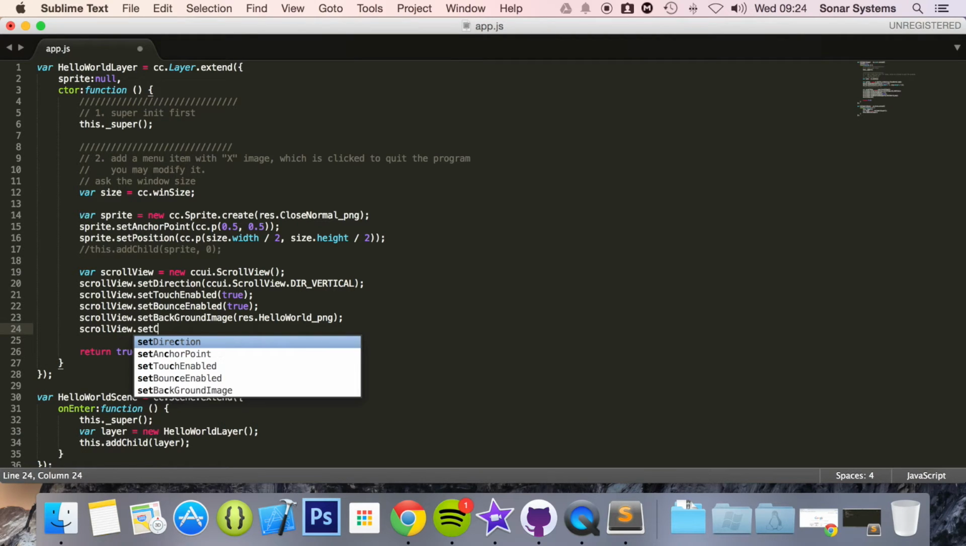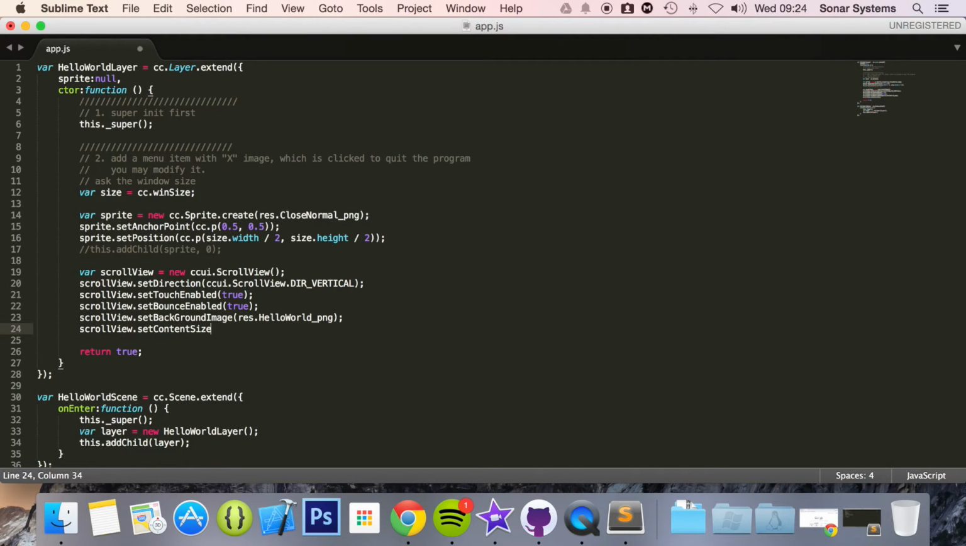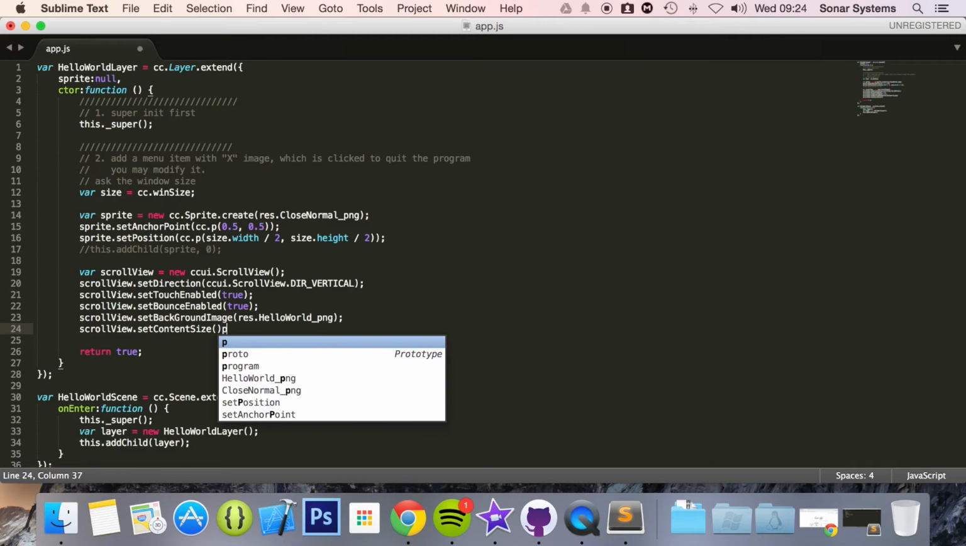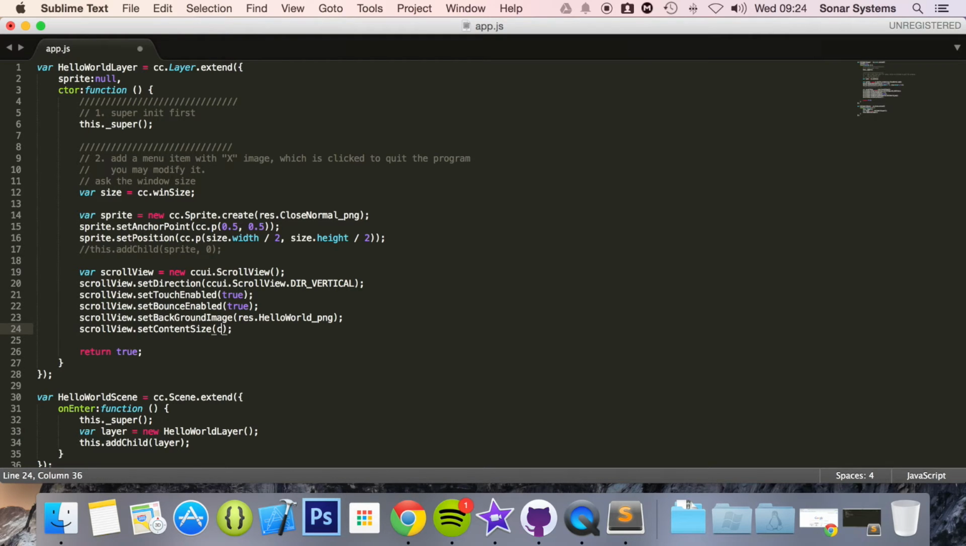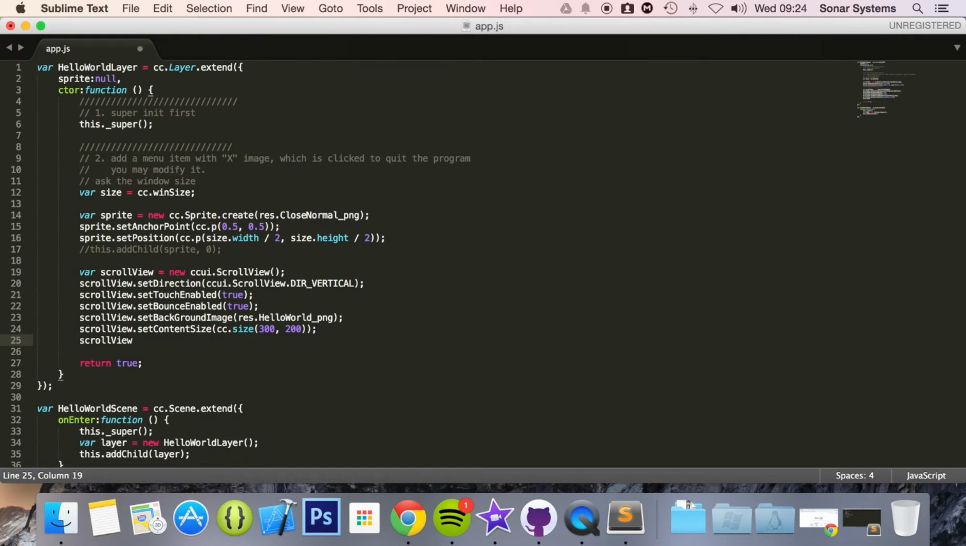scrollView.setContentSize. I'm going to do cc.p, or no, cc.size, sorry. I was going to put 300 by 200. A lot of these parameters, you'll see how they're working and what they do when we actually run it, so just bear with us. Now we're going to do scrollView.setInnerContainerSize, cc.size